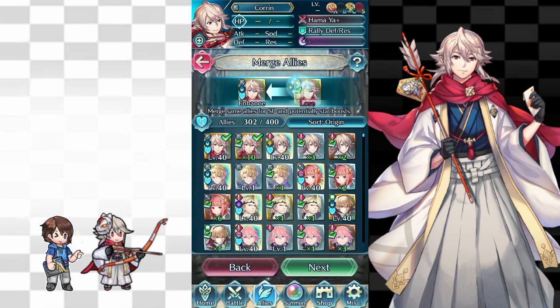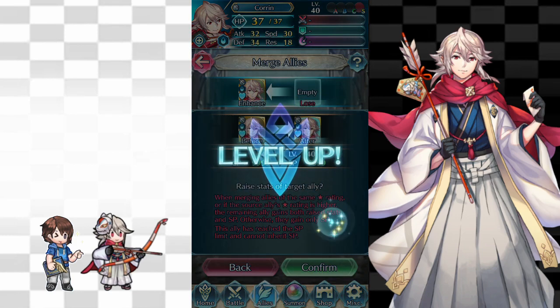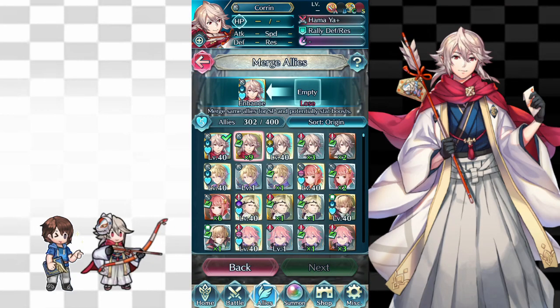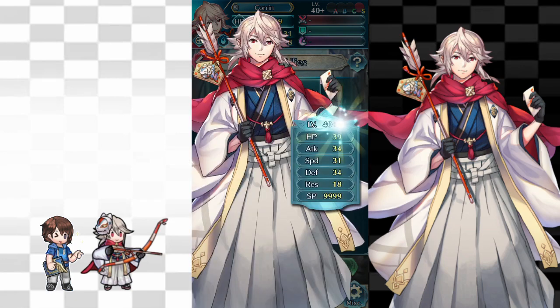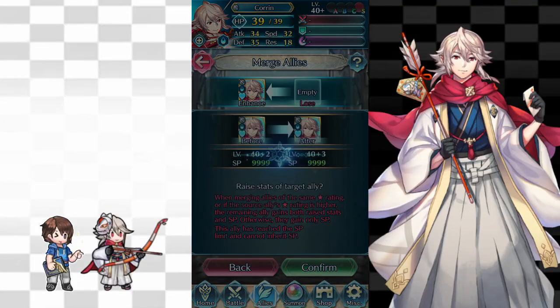So yes, I'm very excited. I've been saving for about half a year, I think, from whenever I finished my Xander to now. Just saving grails to buy these Corrins and merge him up, make him plus 10, make him good. I actually thought about saving this video for New Year's, but I don't want to wait that long. I've waited long enough. We are getting Corrin,